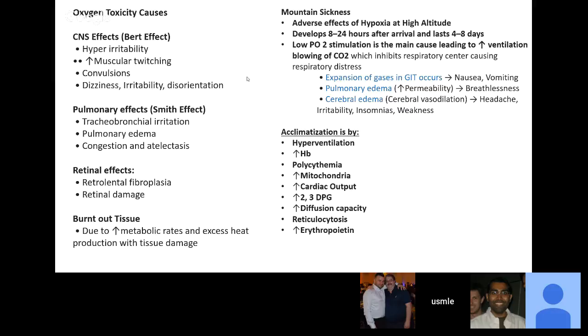Obviously, like I said, the erythropoietin is going to start to kick in massively, with as many red cells as possible produced by the bone marrow. But the first reaction that you're going to have is going to be hyperventilation. This is the effect of low PO2 and blowing off CO2 at the respiratory center. The hyperventilation brings a little bit more oxygen, although there's not that much, which is going to increase the hemoglobin, which will lead to an immediate polycythemia, but erythropoietin will be the biggest